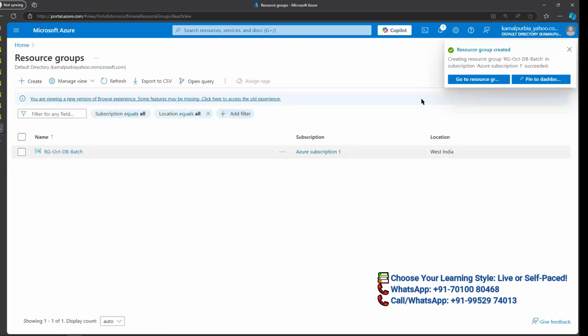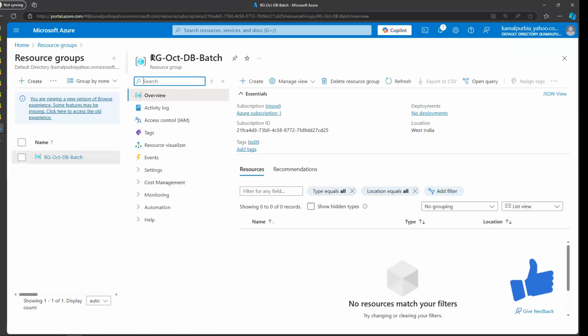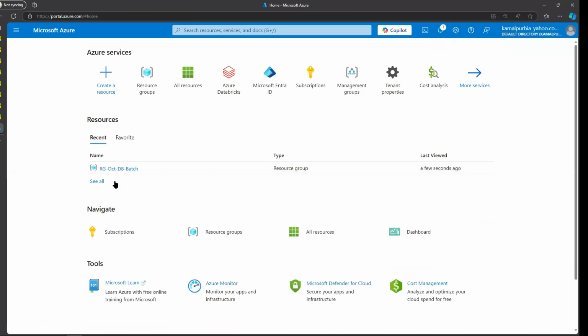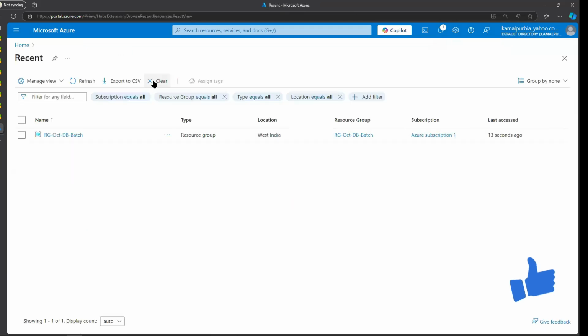So it has created a resource group. It's quick and easy, only the metadata stuff, because this is a logical container. There is nothing in it right now. So if I click on this, I would go into this resource group. Okay. So if I click on home, I will see this in the recent list. And if I remove it from here, for example,